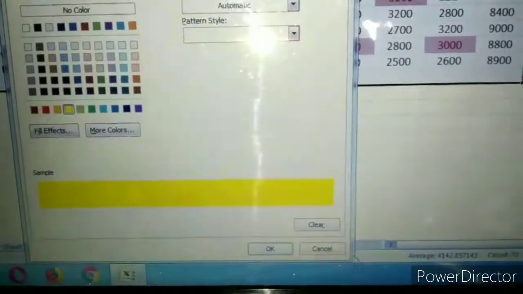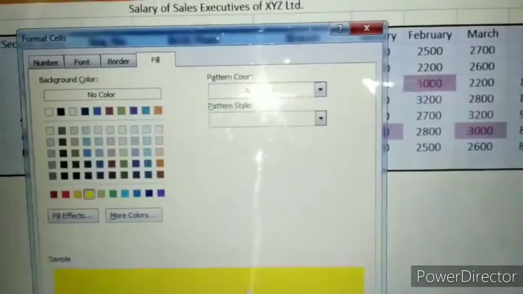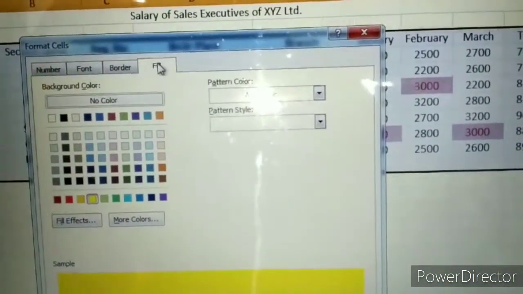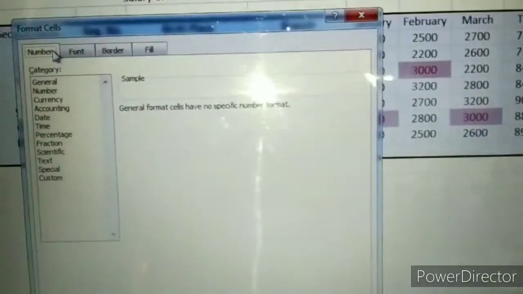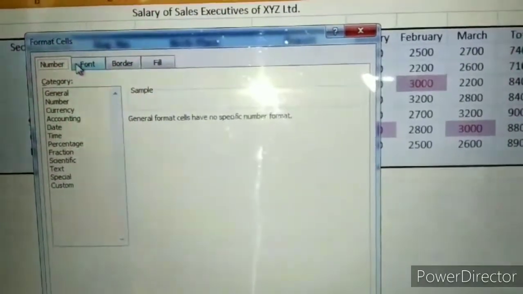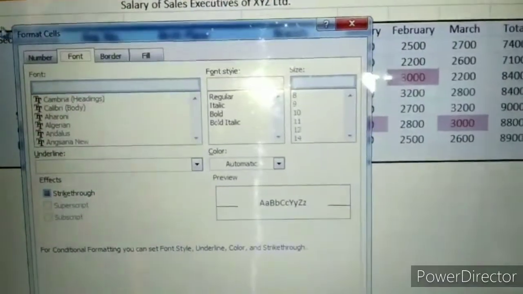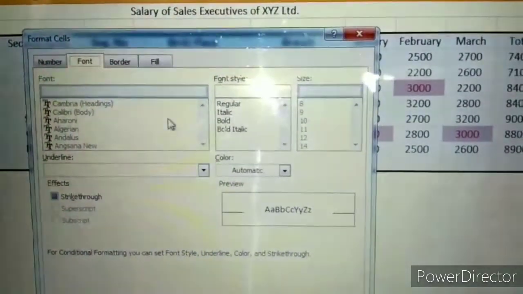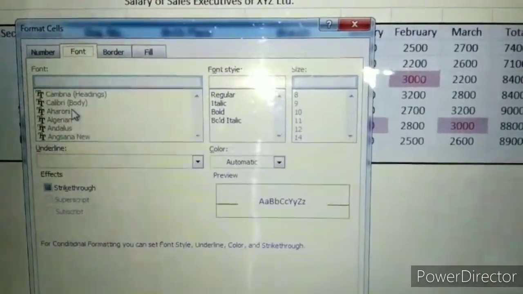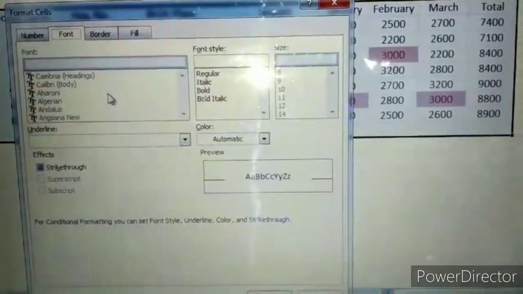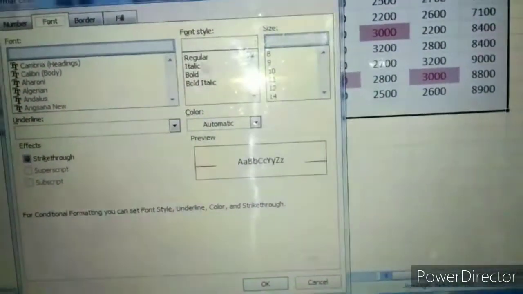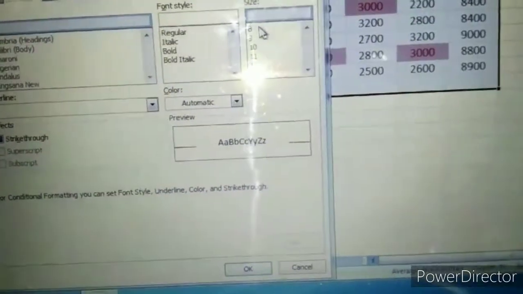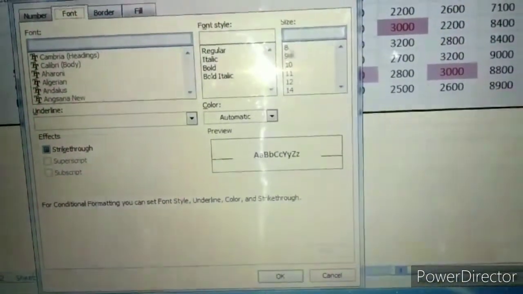Okay, and we simply, you see here the Fill option, we take Number, that means whatever number is related to this option. Font, that means if we want to change the color or format. But font style and size, it will not change because of this.